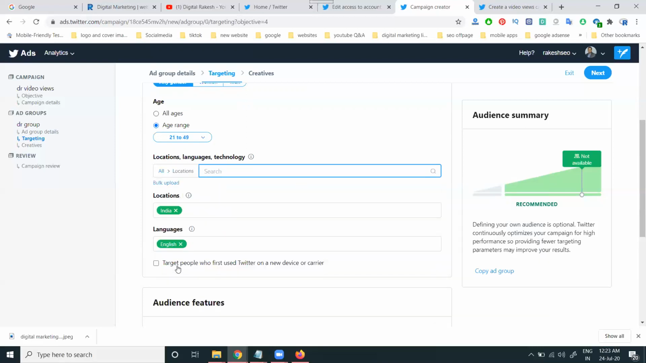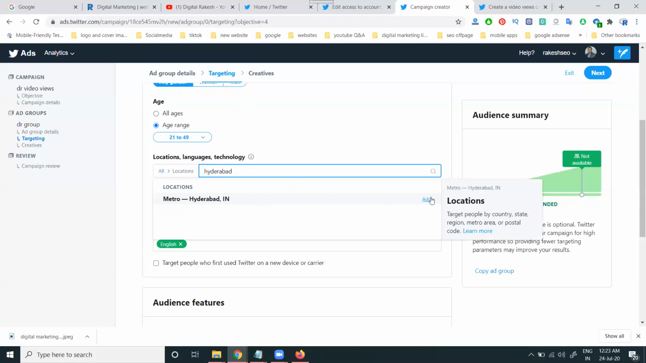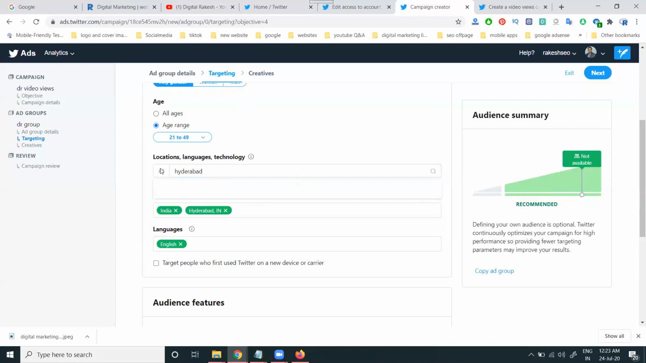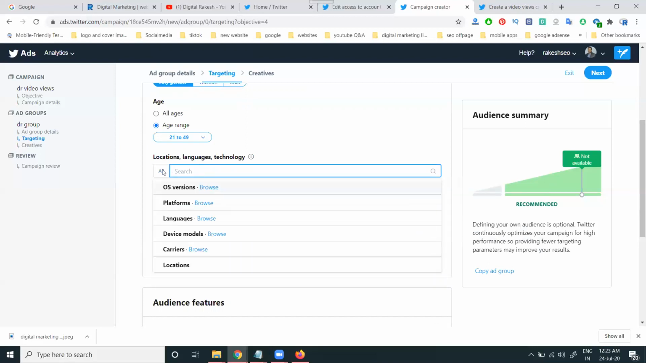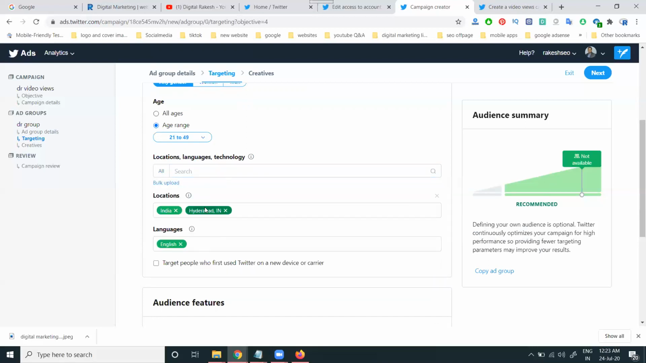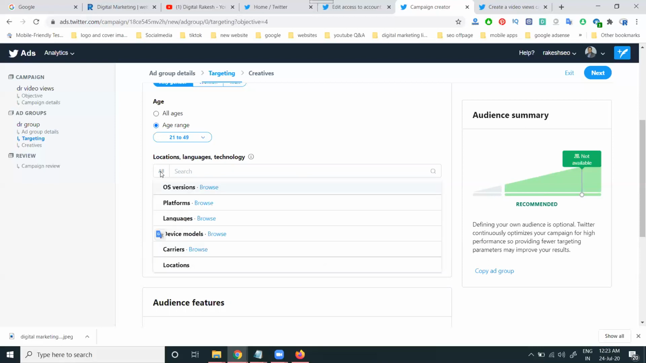Next will be location. Location based target. And the target location will be Hyderabad, my ads. Selecting Hyderabad, click add. So yeah, my location I'm targeting right now is Hyderabad and India. Hyderabad will be done. So yeah, these are compulsory and important: OS version, platform, language, device models, and carriers, and the